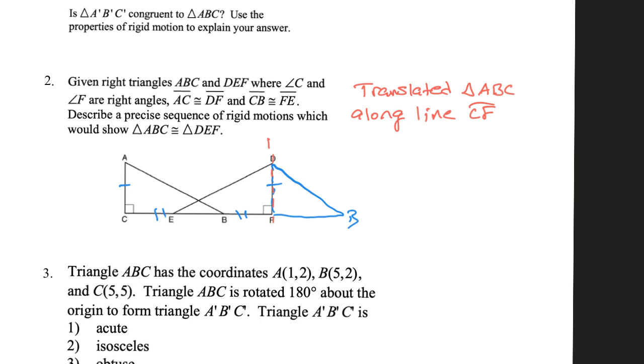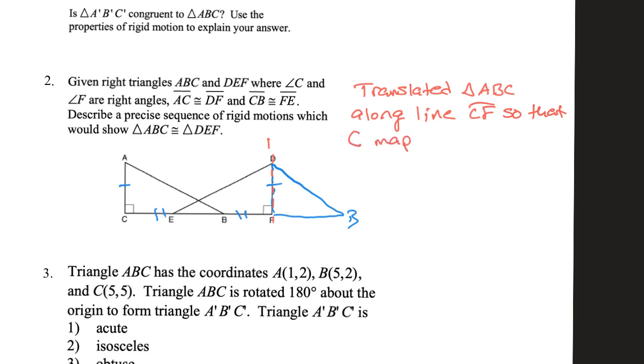So I need to translate it along line CF so that, angle C, not angle C, excuse me, just point C, so that C